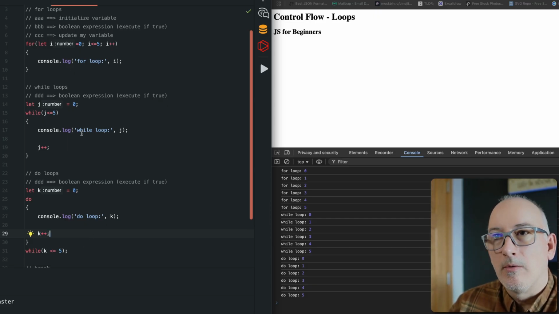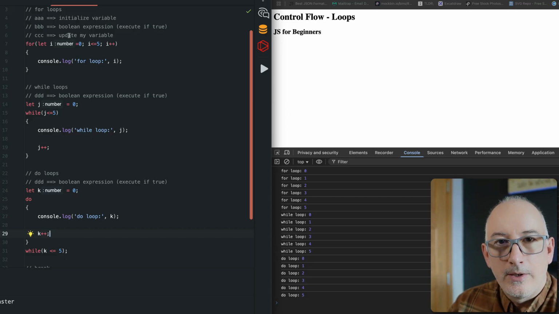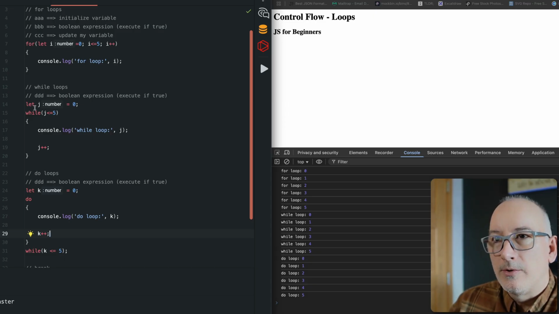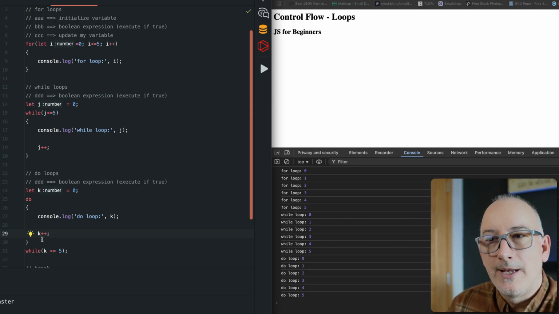But there are some subtle differences in how they work. So the for loop syntactically, I think, was a little cleaner, if you already knew a place to initialize it, you have a Boolean expression, and you had some update to the variable on every loop. And the while loop, if you need a little more control, you can piece those things apart. And then the same thing with the do loop, but the do loop is always going to get executed at